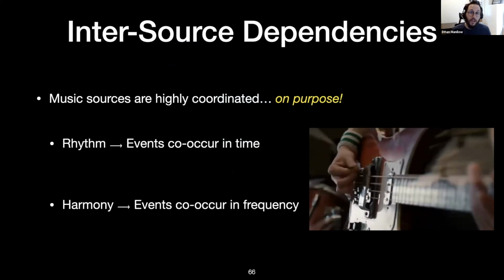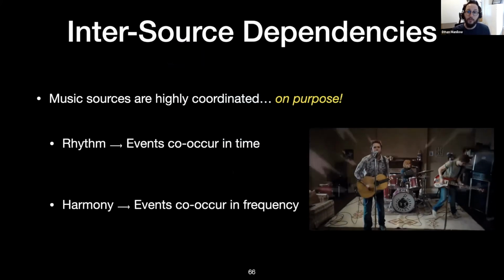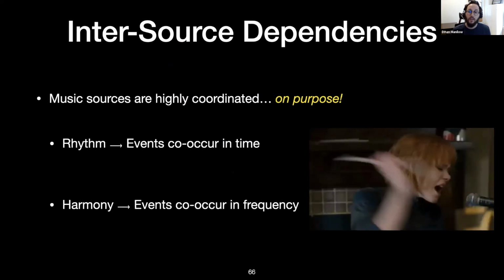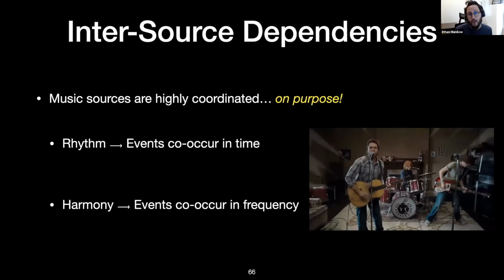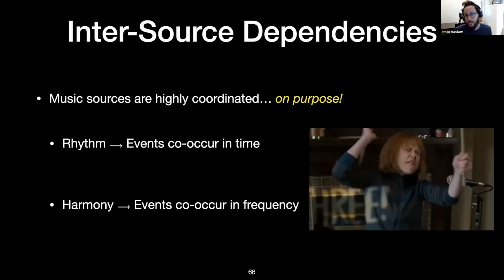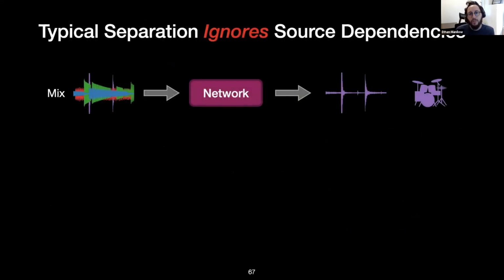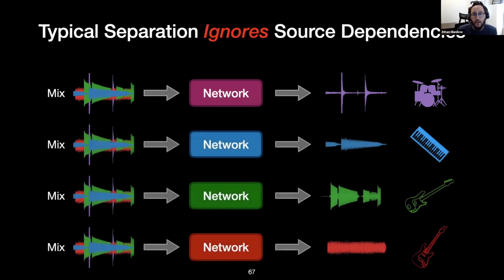Musicians create sounds that are designed to overlap in time and frequency content. So think rhythm and harmony. These interdependencies can make it difficult when we want to isolate audio from a particular instrument, such as in source separation. However, most music separation systems treat each source independently. These systems are only conditioned on the mixture, ignoring any dependencies that might occur between sources. Some systems further crystallize this as a hard prior into the design by training one network per source.